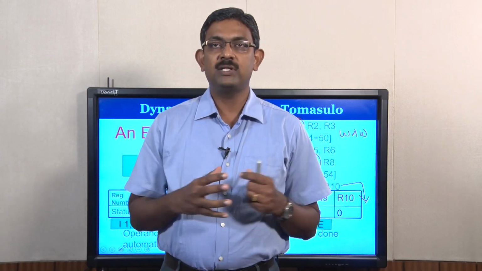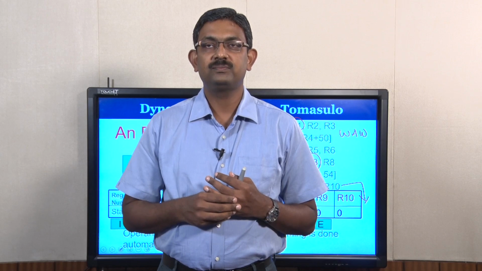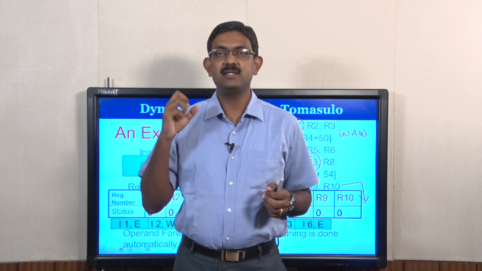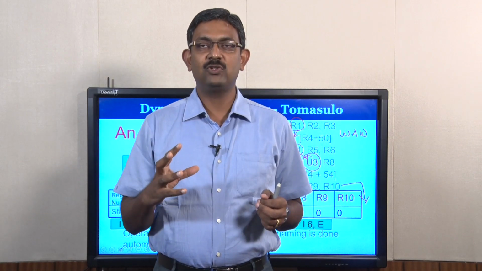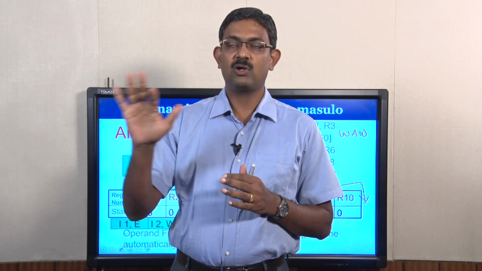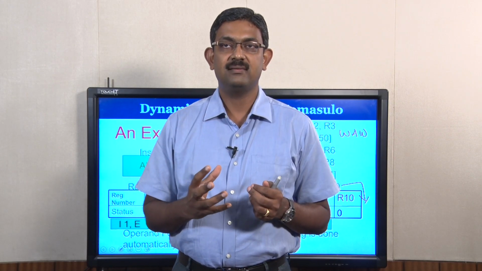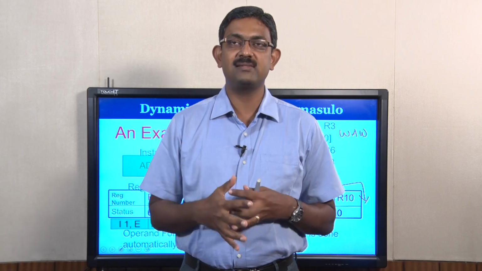So, if you look into the example that has been discussed right now, it is very simple. You have a sequence of instructions, you take an instruction, and see what is the operation to be done. If the functional unit is free, you assign them into the appropriate reservation station. If the operand is there, how will you know whether the operand is there? Look at the register status indicator.